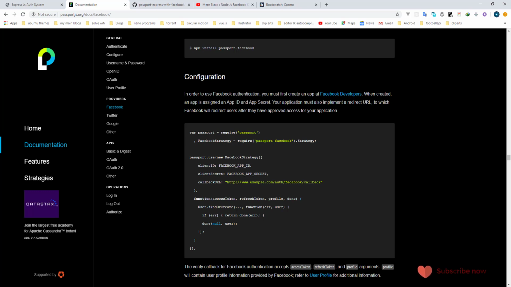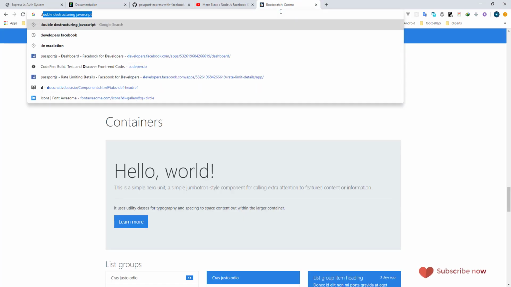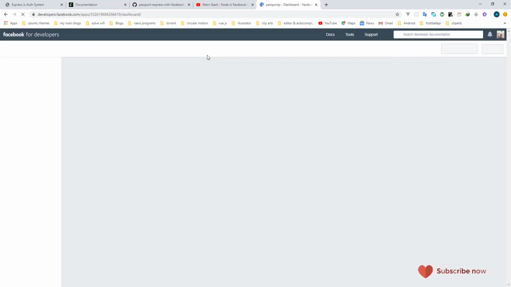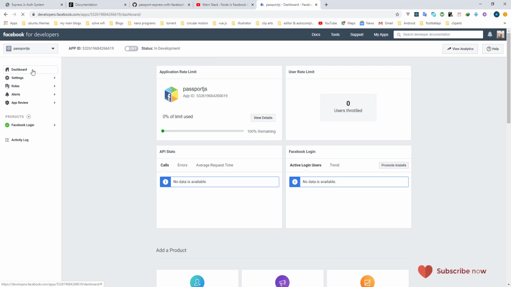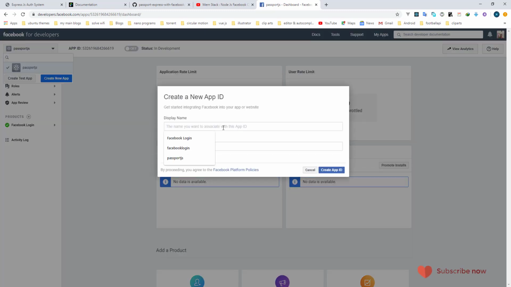Over here it says, in order to use the authentication, you must first create your Facebook developer account. Then you create your app, get your app ID, and also your app secret. Now you can head over to developers.facebook. So I already created one over here, but if you want to create another one, you can just come over here and type the name, let's say just